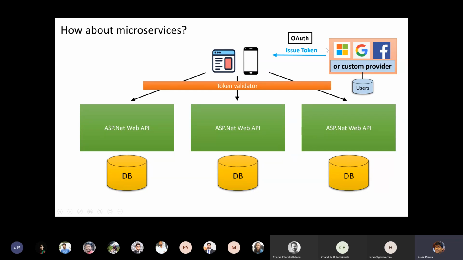provider. But because nowadays everyone uses this OAuth protocol, if you know how to integrate Microsoft accounts, you already know how to integrate Google or Facebook. Even your custom provider would also conform to the same OAuth protocol. So your mobile apps and client apps can get the tokens in the same manner, right? This makes things significantly easier if you go with OAuth, and nowadays it's a standard choice for every project.